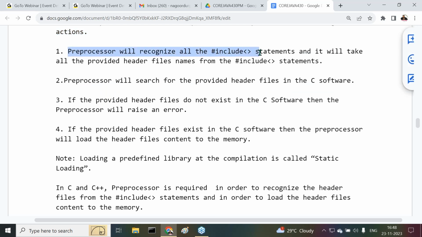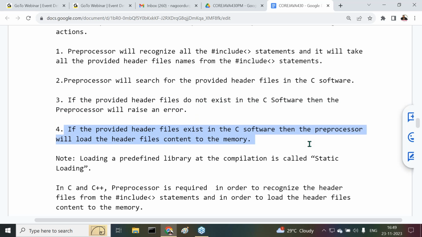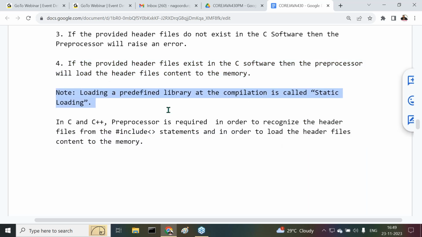The preprocessor will recognize all the hash include statements, and it will take all the provided header file names from them. The preprocessor will search for the provided header files in the C software. If the provided header files do not exist in the C software, then the preprocessor will raise an error. If they exist, then the preprocessor will load the provided header files to the memory. One note I've given: loading the predefined library to the memory at the time of compilation is called